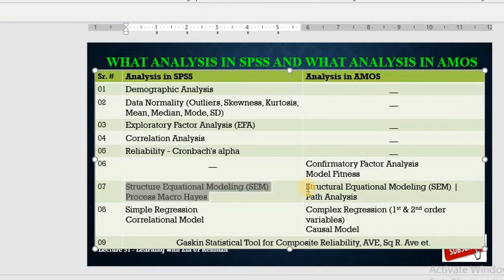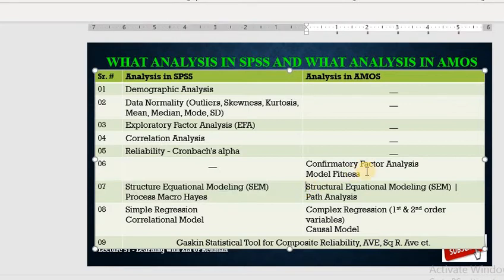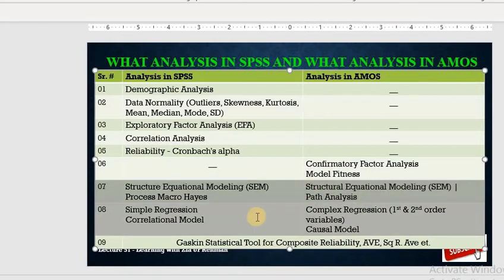to conduct the structural equation model in AMOS software, where you need to draw your research model in AMOS, and the direction of the arrows you need to draw as you have developed your hypothesis. So in accordance with your hypothesis you need to draw your model on the face of the AMOS software, and AMOS software will calculate the structural equation modeling and path analysis, both direct and indirect path analysis for your research model. And then